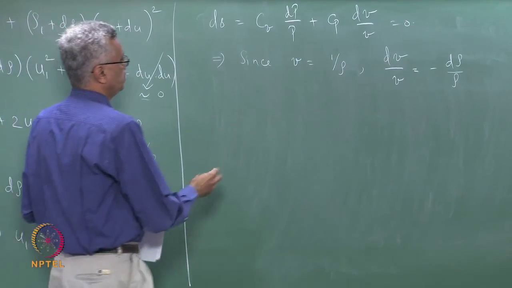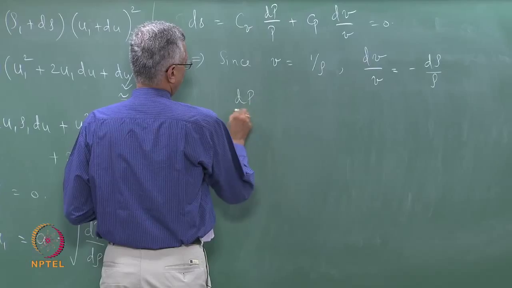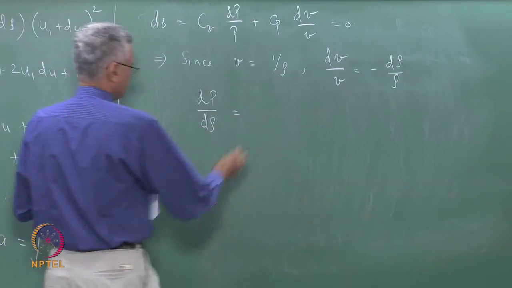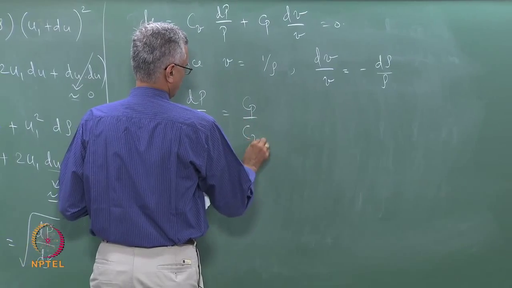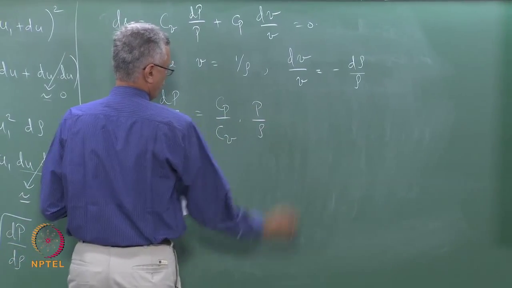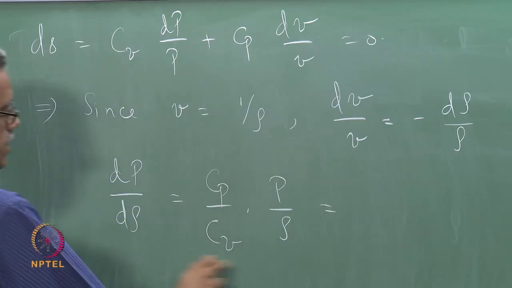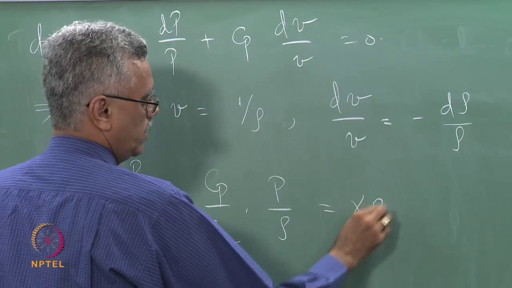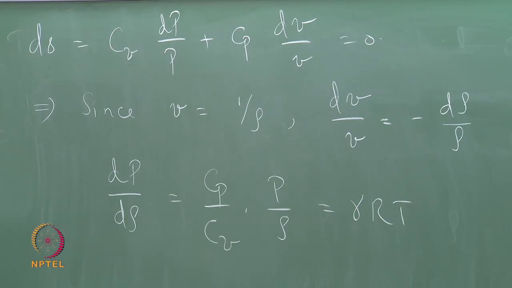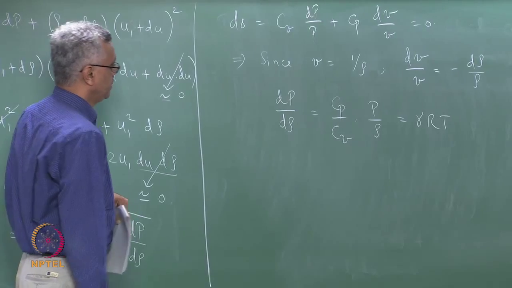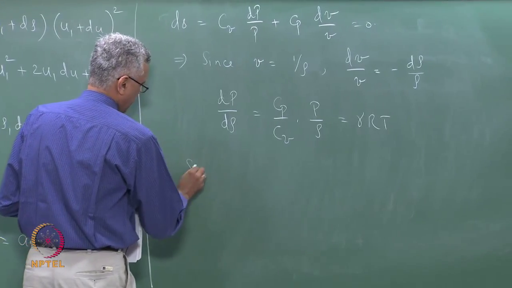And so if I substitute into this, I get dP over d rho is equal to Cp over Cv times P over rho. And since it is an ideal gas, I can write P over rho as RT, and Cp over Cv is equal to gamma, so I can write this as gamma RT, which means that the speed of sound a